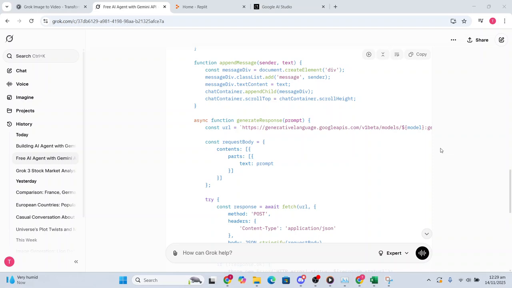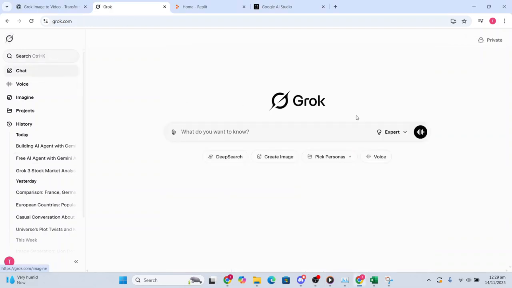Hey guys, in this video I'm going to show you how to use Grok AI. So here I am logged into a Grok account, right? It's free. You can just use your Google account as well. And then here on the left hand side, you can click on chat and you can use any of these